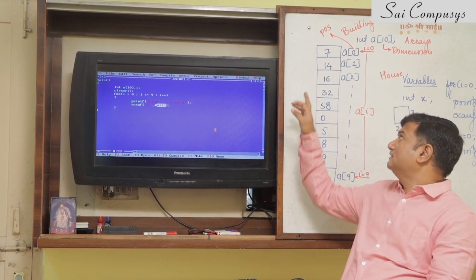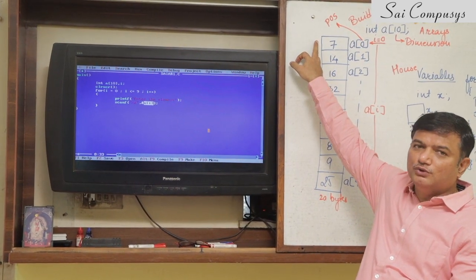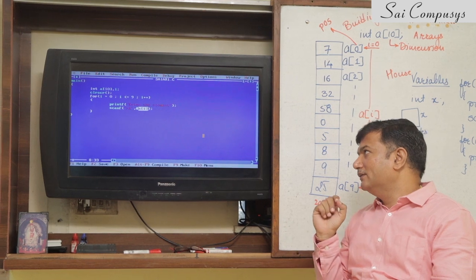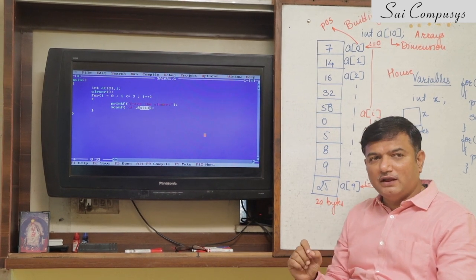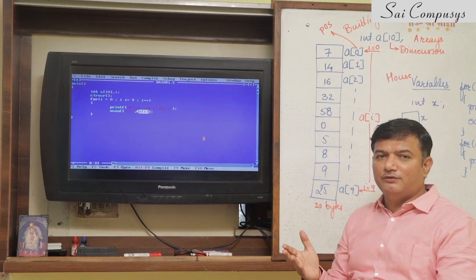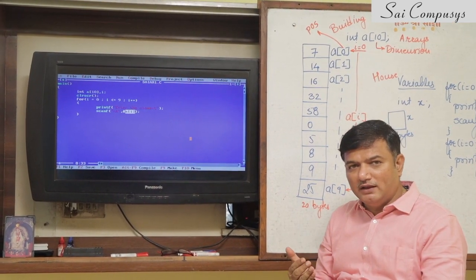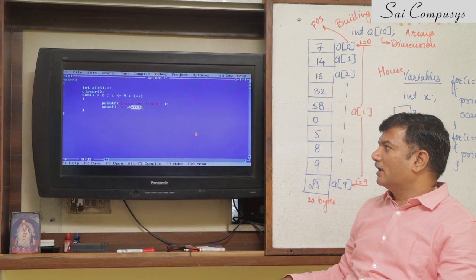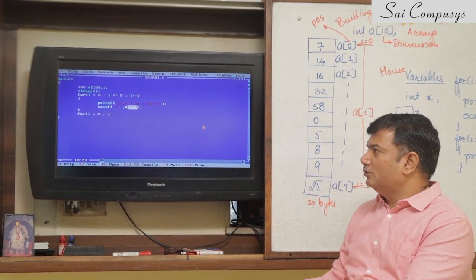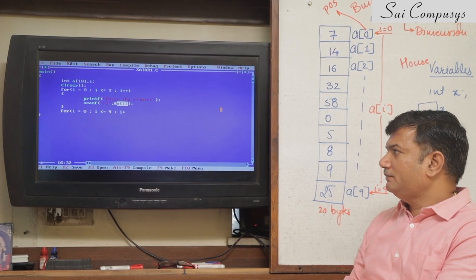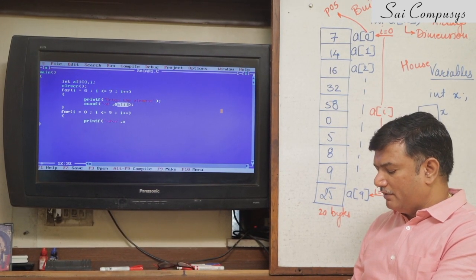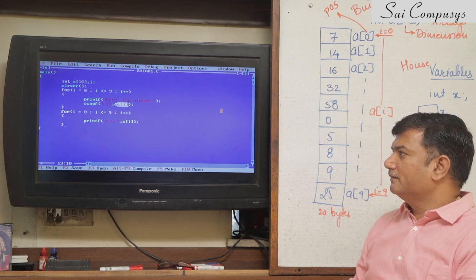The loop varies from 0 to 9 and you scan the numbers on different positions from 0 to 9. When I is 0, the scanning takes place on A of 0. When I is 1, the scanning takes place on A of 1 and so on. The scanning will go on to A of 9. To print these elements of the array which are stored from 0 to 9, I will have to again vary positions of the array, and that is from 0 to 9. These elements are printed by writing A of I.